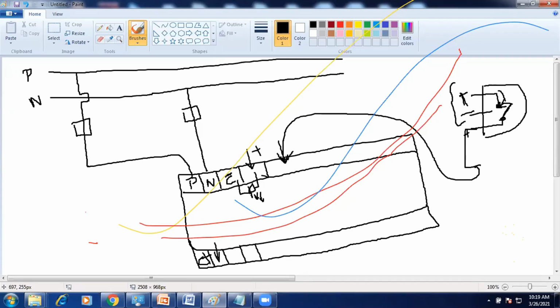So it comes under source input. For sink input we need to consider the NPN sensor. For the NPN sensor, we have negative, positive, negative. Here we are giving the supply for the sensor. So now it is in open condition.